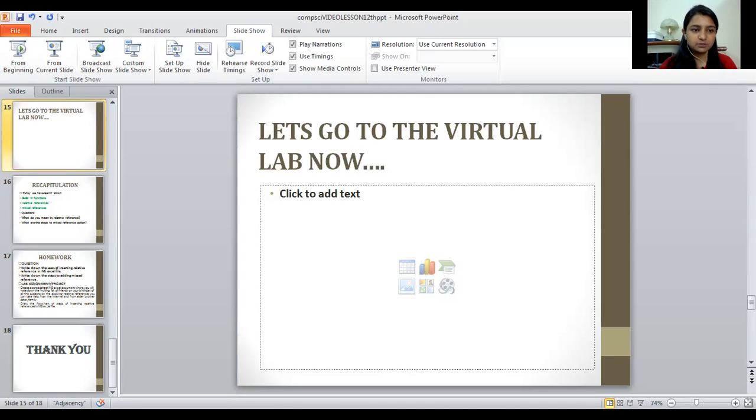Now, is there any option which has been left? Insert function we already did. We also did the AutoSum. You can see that I'm clicking on AutoSum. If I'm applying 100 here, and applying AutoSum here also, you can see the formulas, whatever I'm applying, can easily be checked here. That sum 200 is applied here, sum 100 is applied here. Okay, so this is how you can see the formulas.